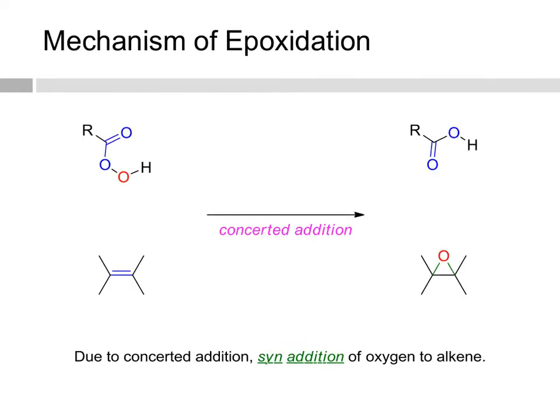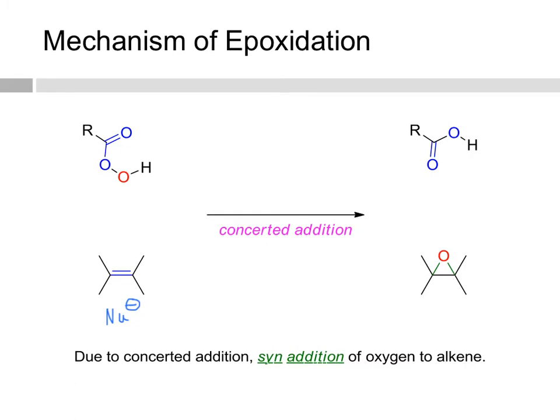The mechanism of epoxidation is thought to be a concerted addition of the oxygen to the alkene. By concerted, we mean that all the bond breaking and bond making occurs simultaneously. We're going to start by analyzing our alkene. We know that an isolated alkene pi bond is nucleophilic, which means that we're now looking for the electrophile in